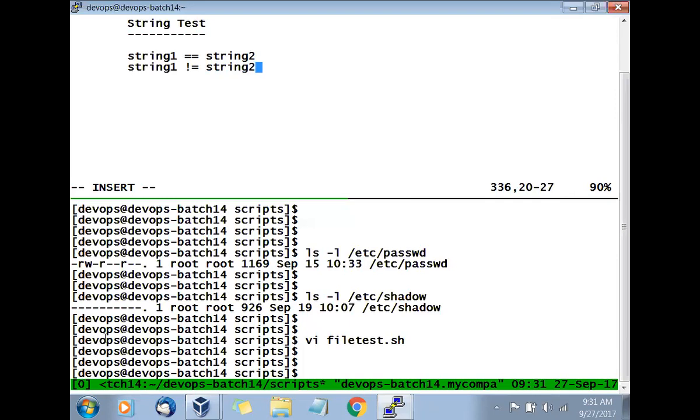So now for that you need two strings. What do you need? Two strings. Okay. So we will take an example that we will identify the user is root or not. We will write a script to identify the user is root or not.